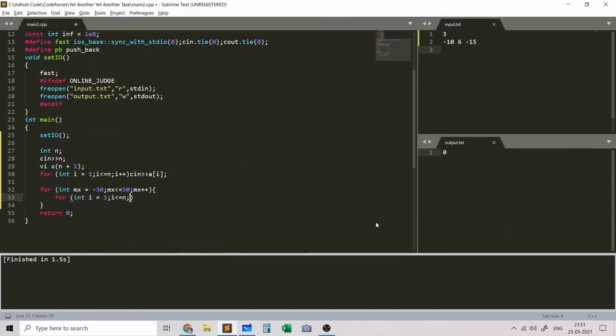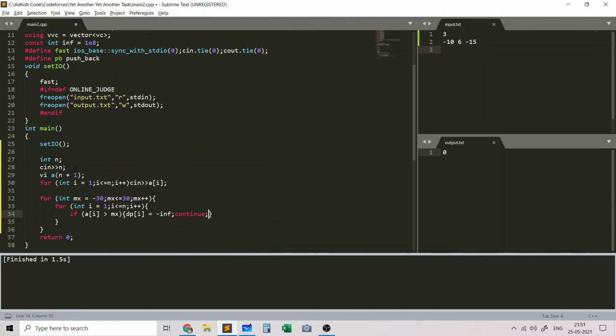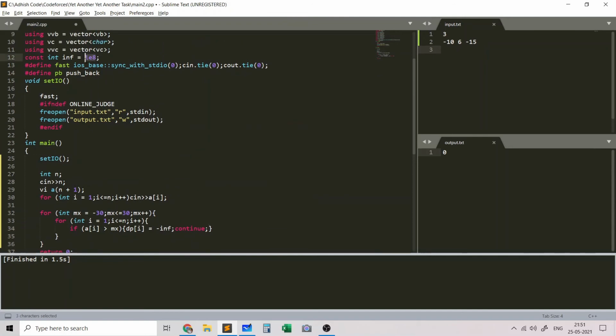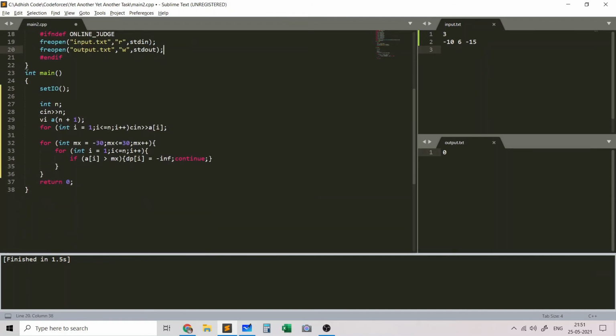So dp of i is the max subarray sum which ends at i and which has a maximum element equal to mx or lesser. So if a of i is greater than mx, then dp of i will be negative infinity, and we continue. And infinity is defined to be 1e8 in this case because we are working with integers.